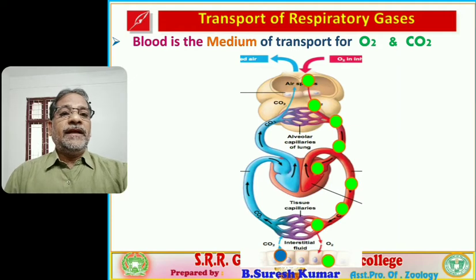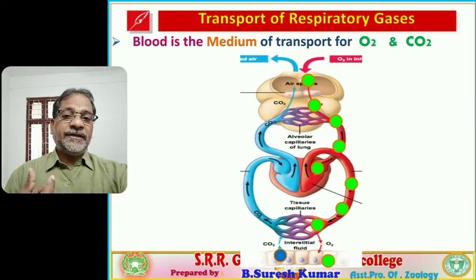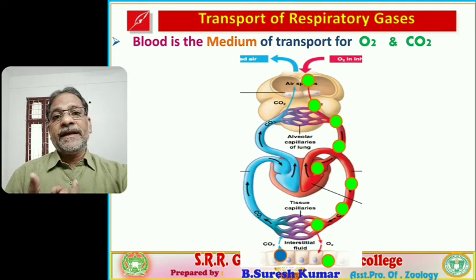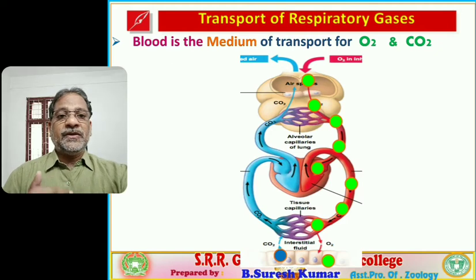Next, in the tissue, by various metabolisms, carbon dioxide is produced. Such carbon dioxide is released into the blood. Why? Because the tension of carbon dioxide is higher in the cells of the tissue than in the blood. Automatically, gases move from high tension to low tension. So let us see the carbon dioxide movement. In what way is the carbon dioxide circulated?